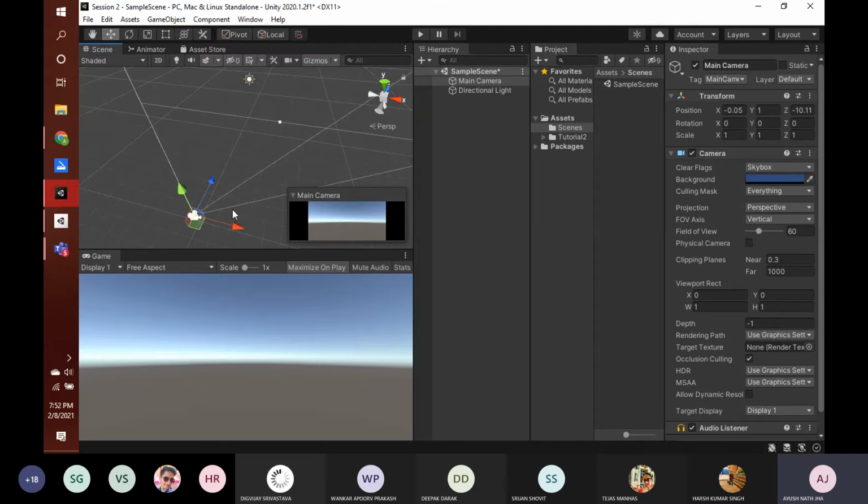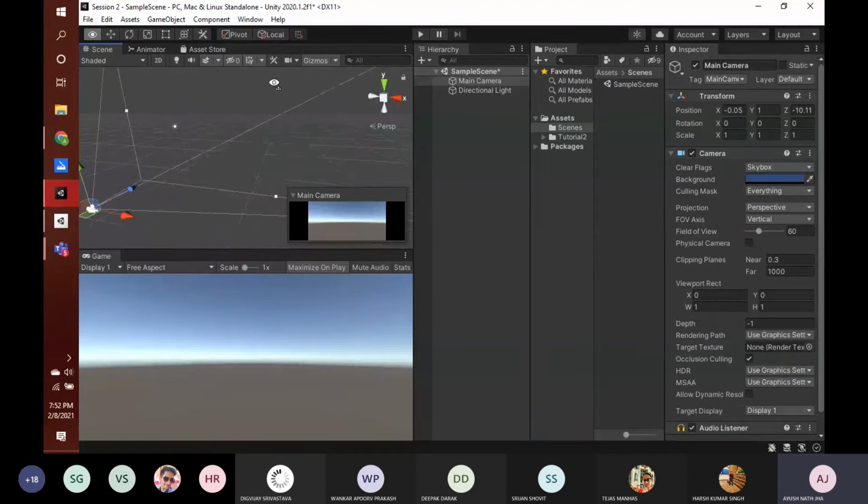And yeah, we have this camera. When I go closer to the camera, you can see this frustum type of viewport, which basically defines the area within which this camera is able to see things. You can see the end of this is somewhere very distant. So if your object goes out of that rectangular area at the farther end, then your object will not be visible.